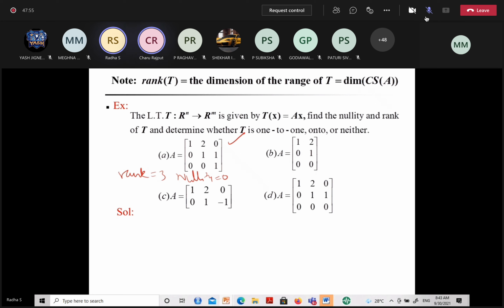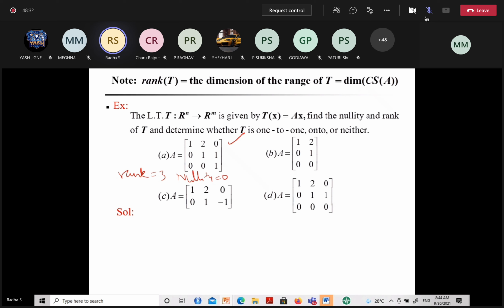Actually, ma'am, I'm confused. In the kernel, you told that only the zero vector should be there. So there is one component inside the kernel, no? So therefore the dimension of the kernel becomes 1. One minute, beta. Zero will not generate anything, first of all. You accept that? Will zero generate something? No. Only a non-zero element can generate. So whenever you get a zero inside the kernel, don't take the dimension to be 1.